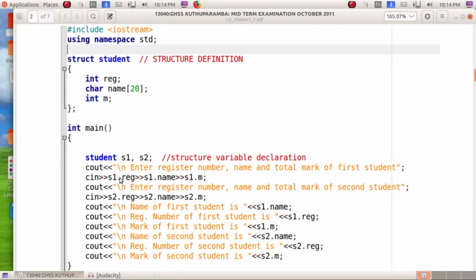So we are learning a new operator called dot. s1 dot reg, s1 dot name, s1 dot m. What is the use of dot here? These members are related to the student variable s1. So the dot operator is used to access members of a structure.